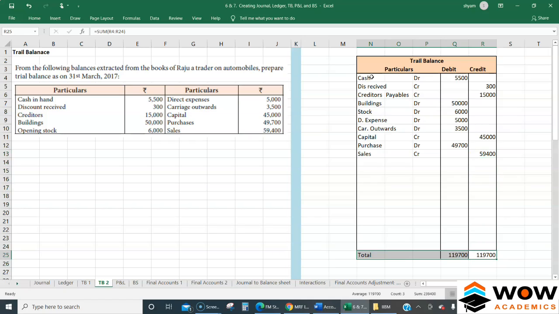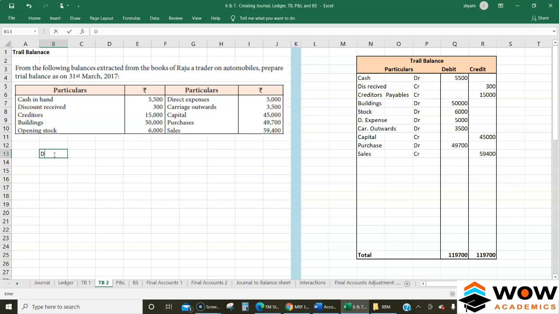So hopefully you got an idea how it works. So we have seen two things here. One, the movement from journal to ledger, ledger to trial balance, and we have also seen from ledger balances, if they have given, how it moves to the trial balance. So we have seen two sums for trial balance. So your job is very simple. If they have given a lot of items, you should simply know which of them is a